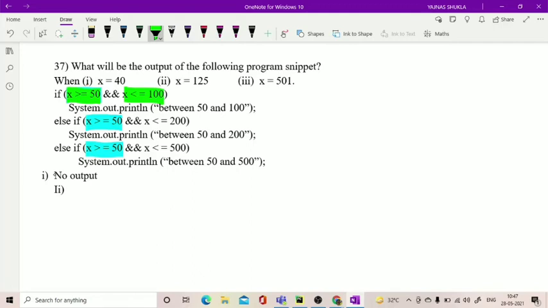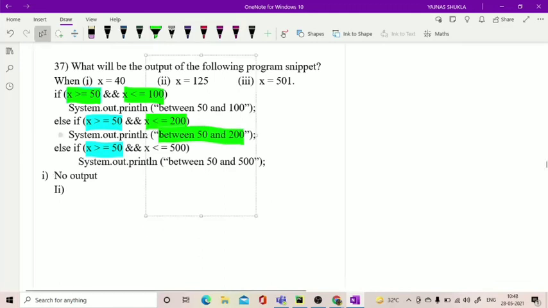So the first condition is false. So it will go for the else. 125 is greater than 50 is true, and 125 is less than 200 is also true. So here both conditions are satisfied. Your answer will be between 50 and 200. So the output is between 50 and 200.